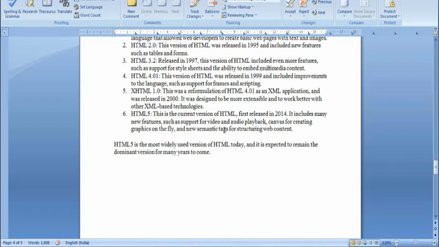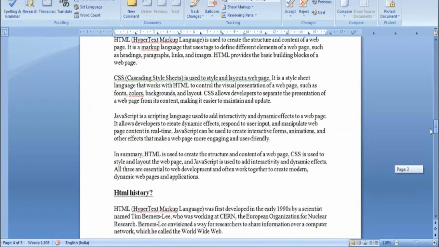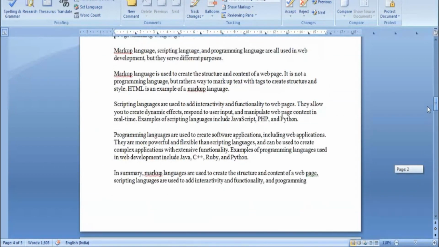I will tell you about the semantic tags and what is later in the lectures. HTML5 is the most used version of HTML today and is expected to remain the dominant version for many years to come. And next, we will see the basic things about the